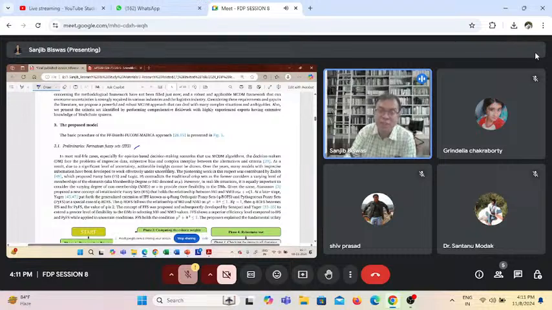of Fermatean fuzzy sets. As I mentioned, the conceptual definition is that a Fermatean fuzzy set is one which holds the inequality: membership function to the power 3 plus non-membership function to the power 3 should be less than or equal to 1, with values between 0 and 1. So I hold this relationship, and we move forward.